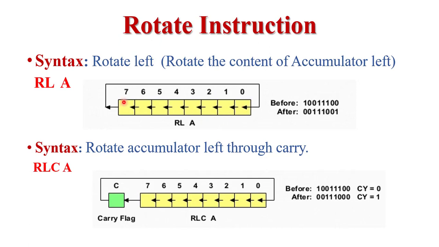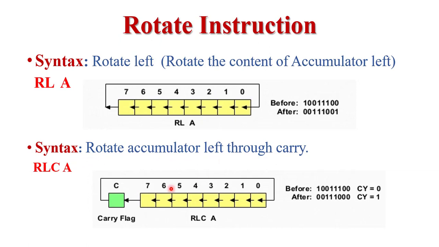So every bit is shifted one time. So the 7th bit is moved into the 0 location. The 0 bit is moved into the 1 location. The 1 bit moves into the 2 location. The 2 bit moves into 3. The 3 bit moves into 4, and so on. So after execution of this instruction, the result is 100111100.